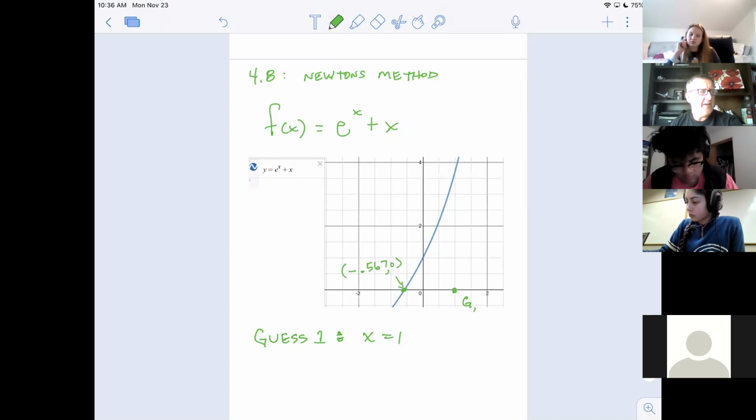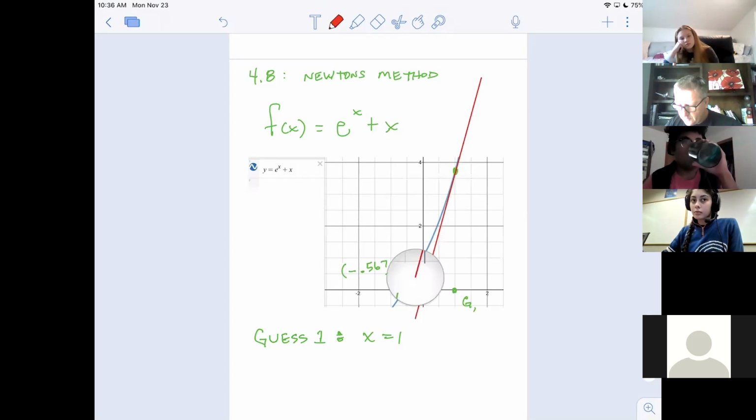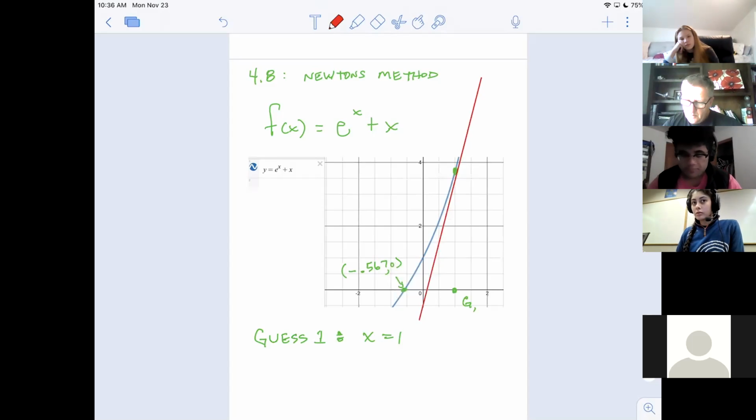And so we have this first guess, 1. Well, here's what Newton said. He said, okay, if you go up to this point up here on the graph, that'd be the y coordinate. Notice it seems to be above 3.5. So here's what Newton said. If you take that point and you do what we did the other day, which is you find a slope, you find a